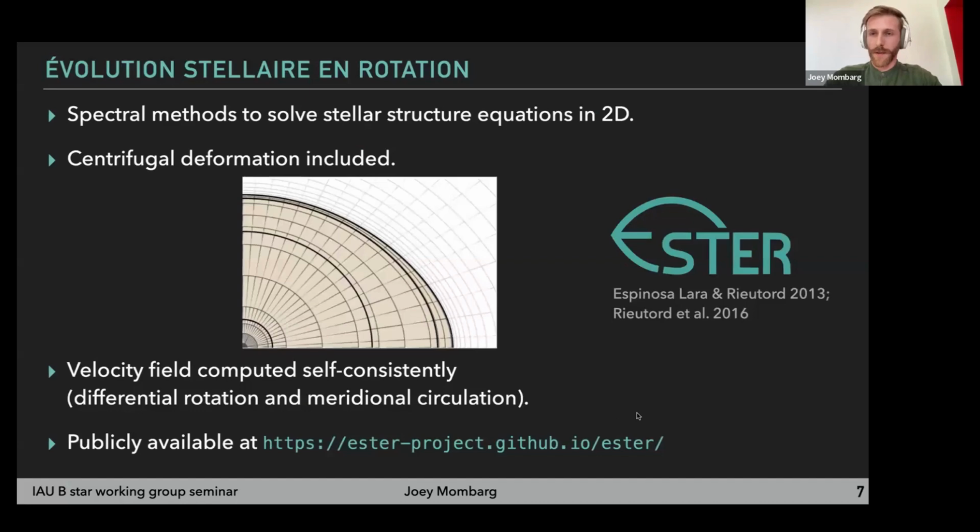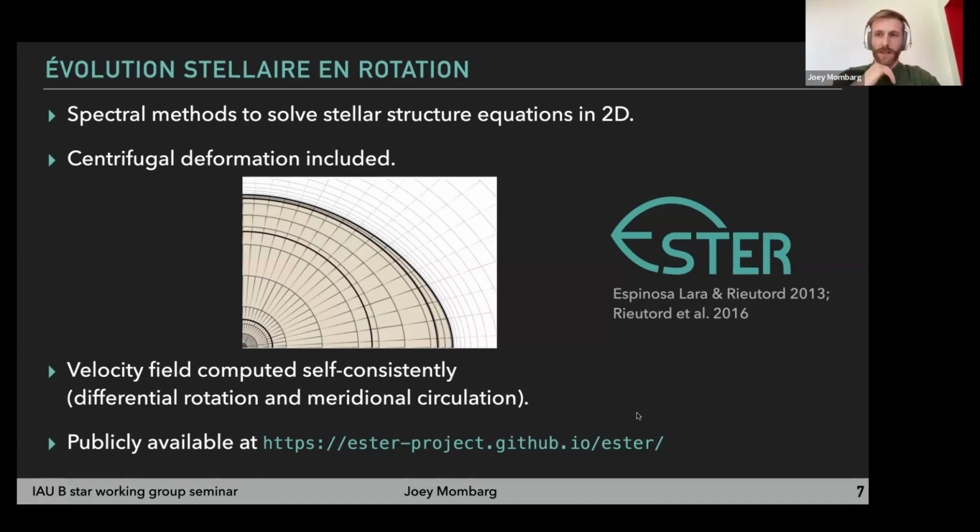The 2D models I'm going to talk about today are computed with the ESTER code, which stands for Évolution Stellaire en Rotation, pardon my French. This code makes use of spectral methods to solve the stellar structure equations in 2 dimensions. The star is divided into what we call domains, and the edges of the domains align with isobars. In each domain, the equations are discretized and then solved separately with the appropriate boundary